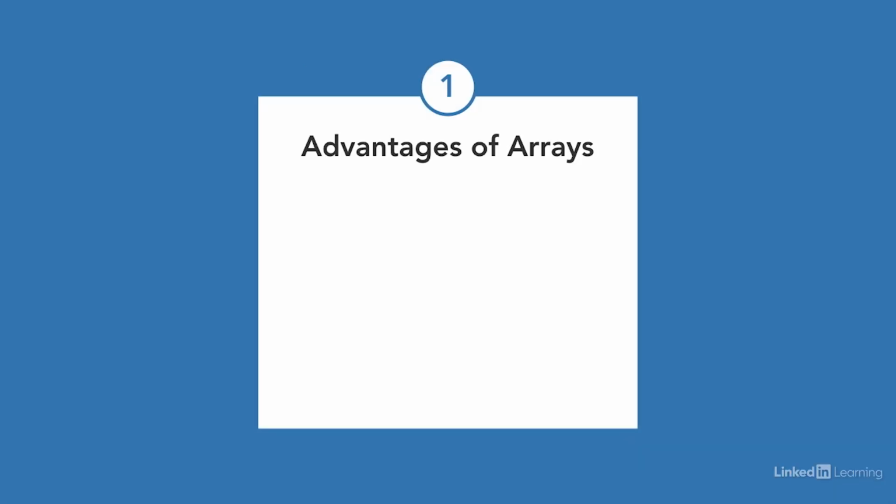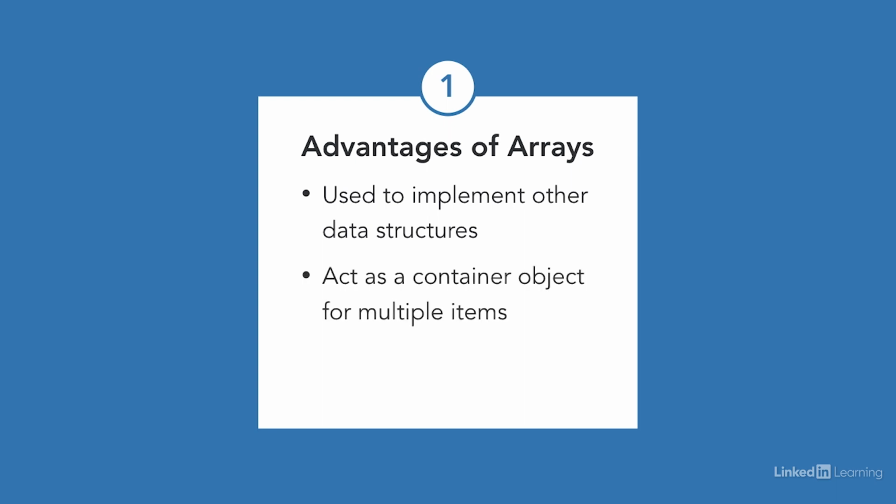Now, what are some advantages of arrays? Well, arrays can be used to implement other data structures and can represent multiple data items of the same type by using only a single name. They also have n dimensions and less overhead than other data structures. So if you have a list that will not change in size, arrays are the way to go.